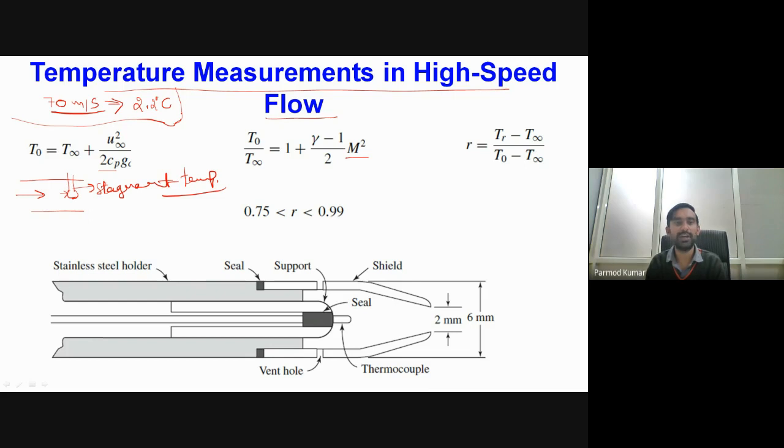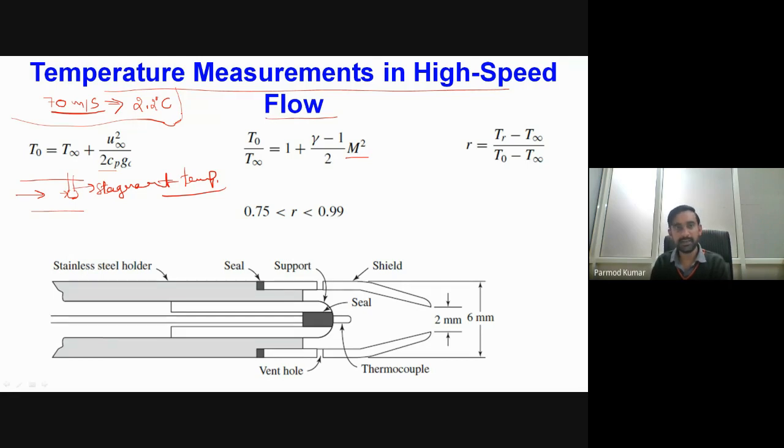So it means that when we are using the thermocouple for measurement of flowing fluid at low fluid velocities, we will have lesser errors in our measurement. In that case, whatever value of temperature we obtain from the thermocouple, we can simply say is equivalent to the free stream temperature.